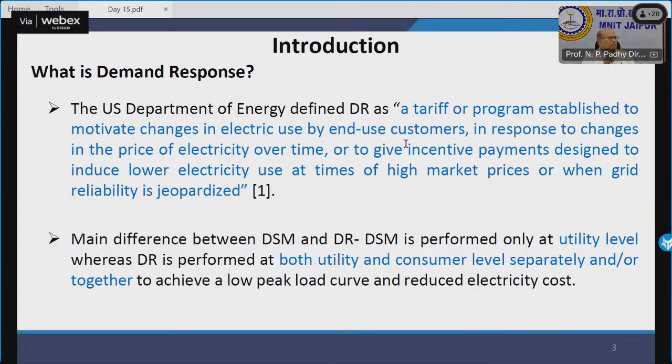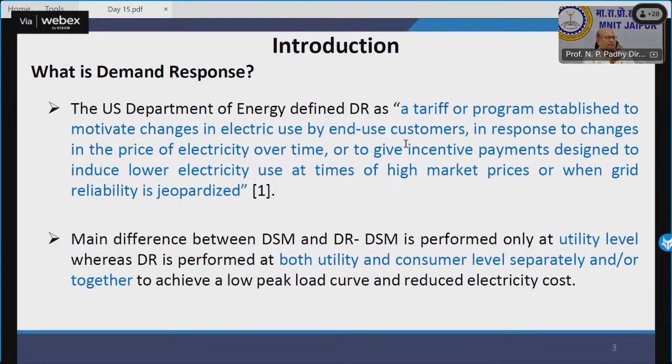Or even, on a lighter note, the government is providing LED bulbs at a cheaper price or low cost, or even sometimes free of cost. So what they have done actually, instead of putting 100 watt, now I'm putting 12 watt. And because of that, I'm reducing my electric bill. So the replacement of a high-rated bulb by a low-rated LED bulb with equal illumination is a DSM program, isn't it? But telling me not to use the air conditioner during evening hours is a demand response by some price incentive. So that means they are